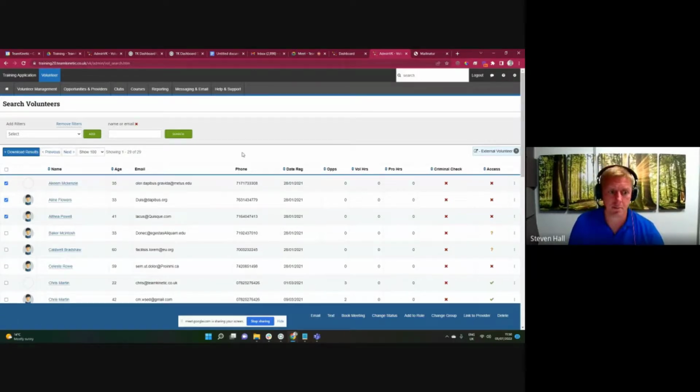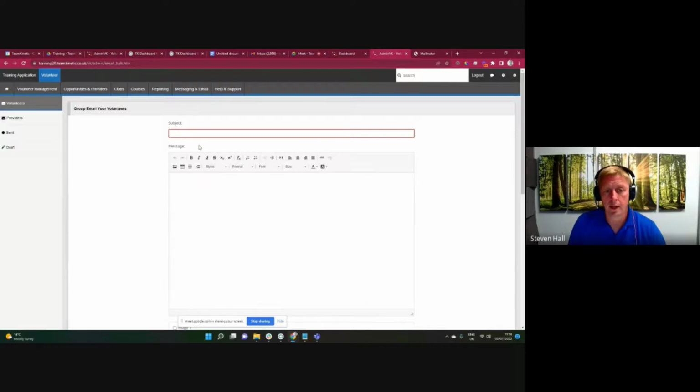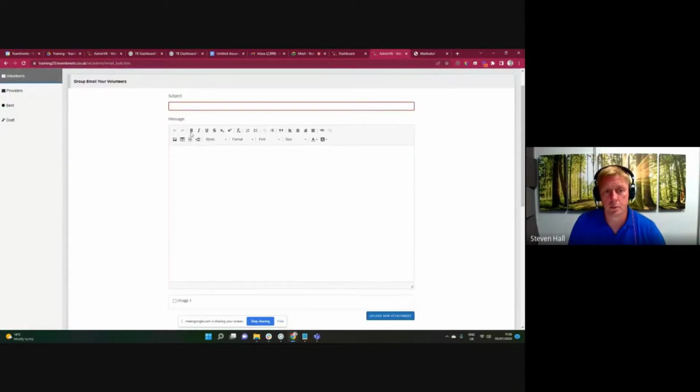They're called transactional emails in GDPR language, so people can't opt out of those for obvious reasons. If you send an email saying, by the way, it's not on tomorrow, they need to receive that email. But we also have bulk emails, which are more your generic marketing emails. You can send them by going to messages and email, down to bulk email, and it comes up like this. We can put in our title, generic email here,